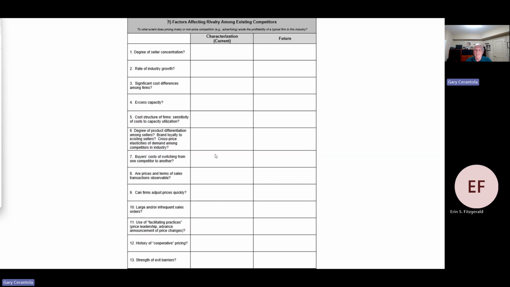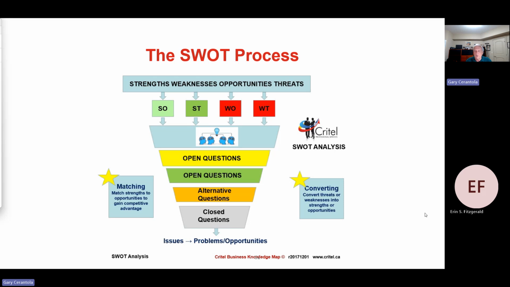This is just for your information, one of these templates that I created. I get my clients to go through this to get a better understanding of what you have right now in that factor, and then what you need in the future to be able to go through the SWOT process. Well, really, what you're trying to do is look at what your strengths are versus the opportunities,